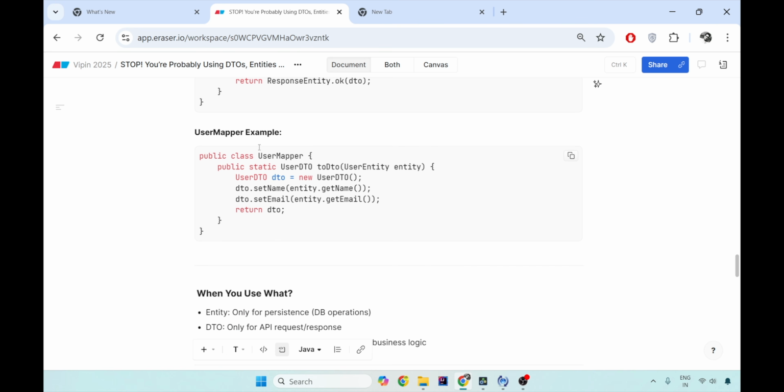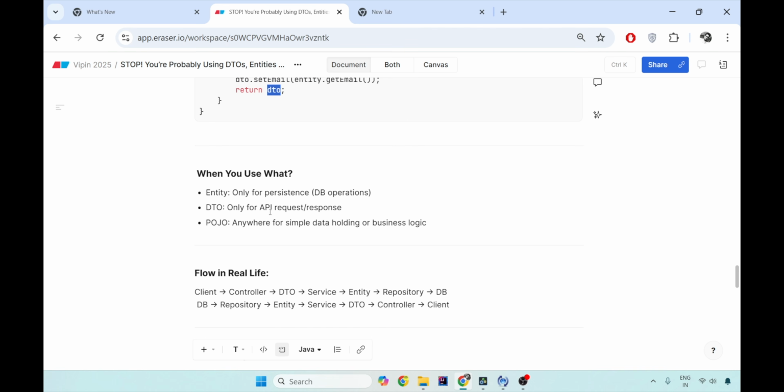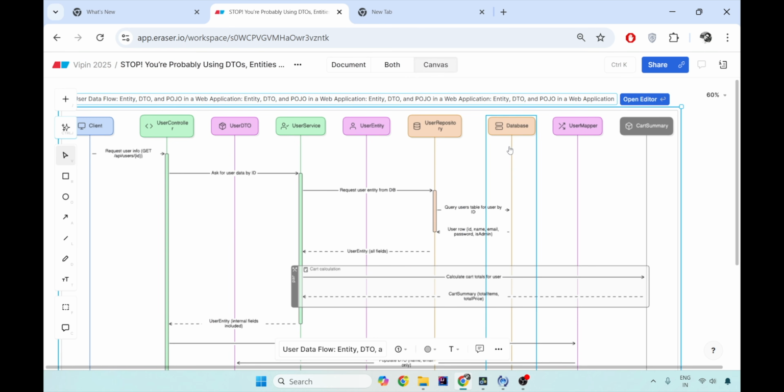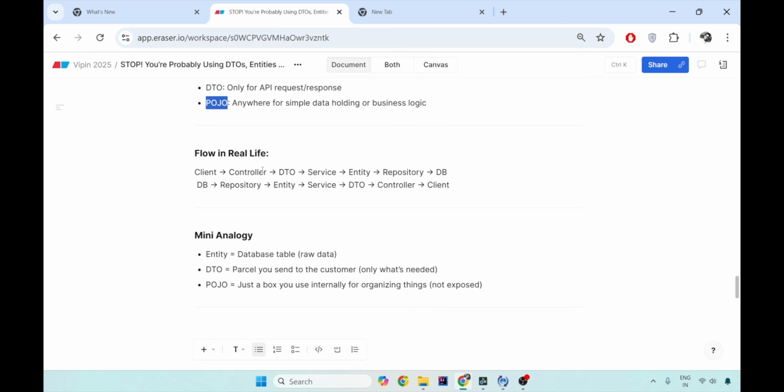And this is where your MapStruct will convert your user mapper to user DTO and return it like this. So use entity only for persistence, use DTO only for the consumer's API request and response, use POJO everywhere else. And your real flow will look similar to what I have shown you here. The client gives a request to controller, it converts it to DTO, gives it to service layer, service converts it into entity, gives it to the repository and saves this entity as it is into the database. Then from the database, repository gets the data and deserializes into entity. This entity is given to service layer who converts it into DTO, gives it to controller and gives it back